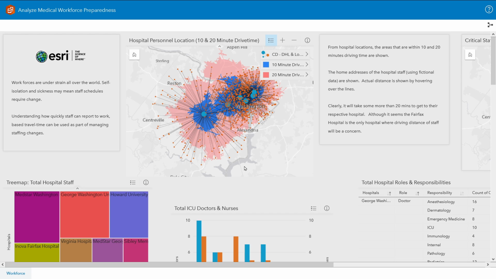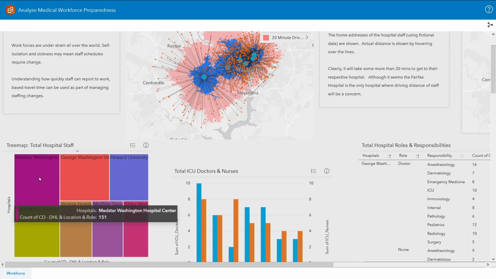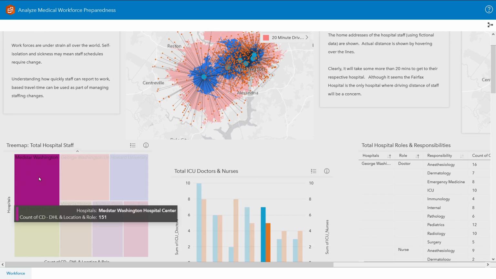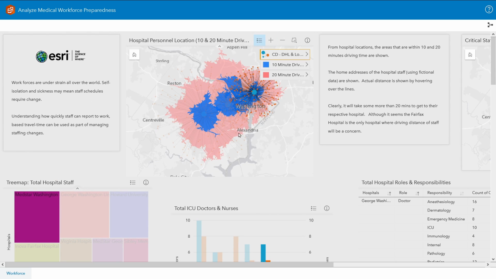To get a better overview, it is possible to interact with the graphs as they are all connected to each other. For example, I can select a hospital over here and it will only show me the links related to that hospital. In this workbench, there are way more graphs focusing on the people working for the hospital.